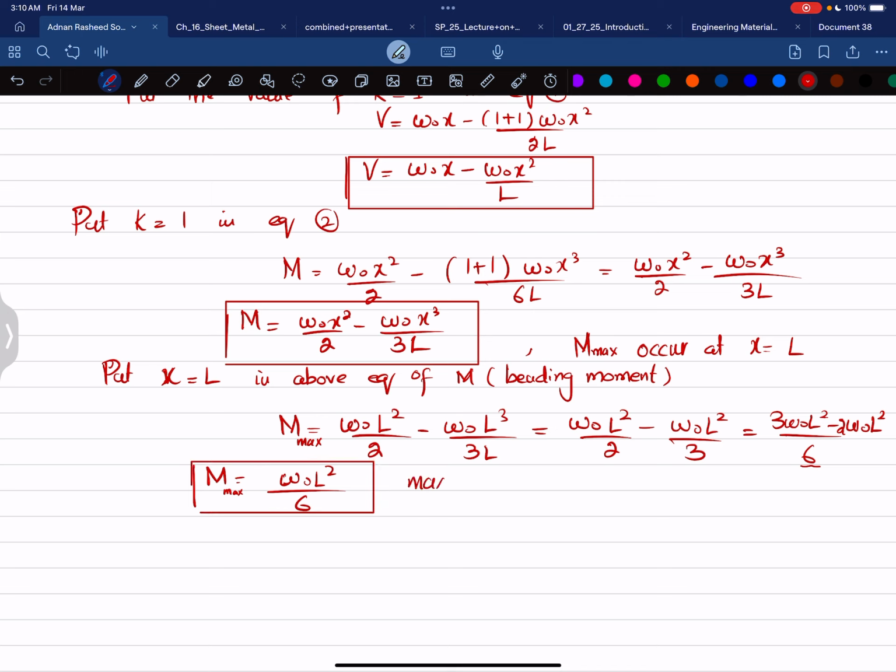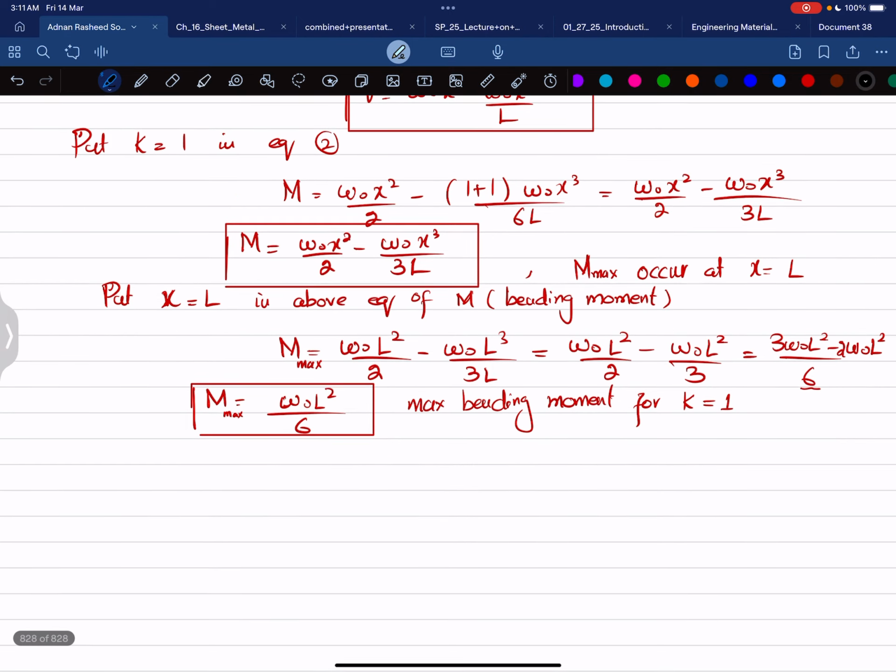Maximum bending moment for K is equal to 1. Now what we will do is that we will move for K is equal to